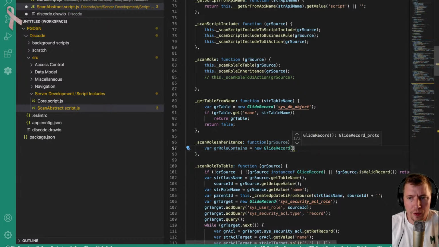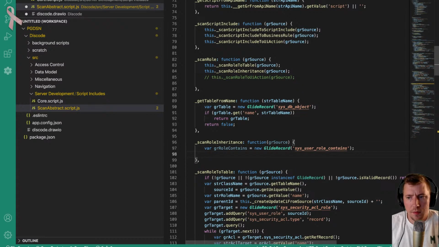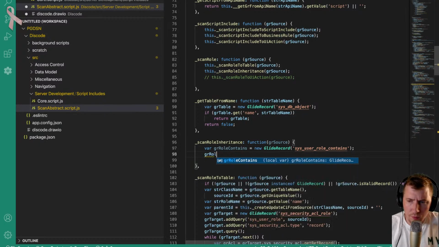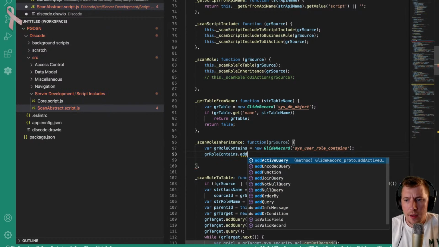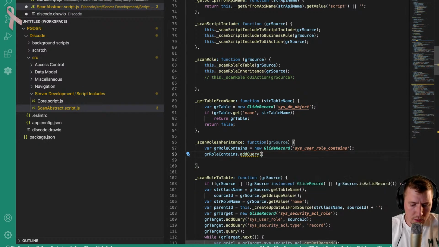I've gone plural there because it's not plural of the item, it's plural as a word, because contain would seem wrong. The table name is in the singular, but it appears to be in the plural, but I don't think that's plural. I'm not sure what to call it grammatically, but add query. Okay, so our source